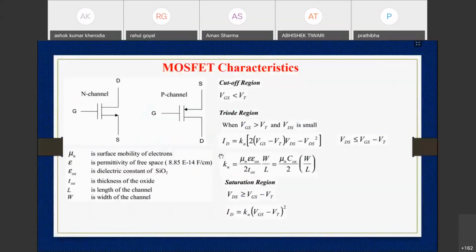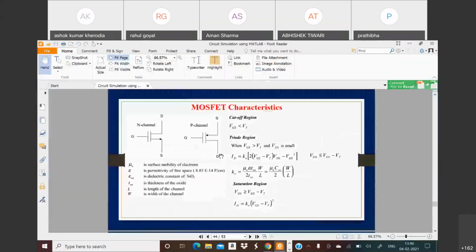May I stop, sir? Okay. There is an indication that I need to stop because it's already 1:40 and people are waiting for lunch. So these are very small circuits you can analyze or simulate with the help of MATLAB, or if you want to design also, you can do that.